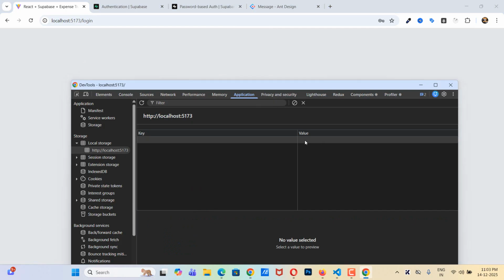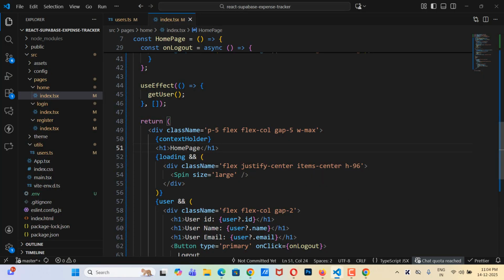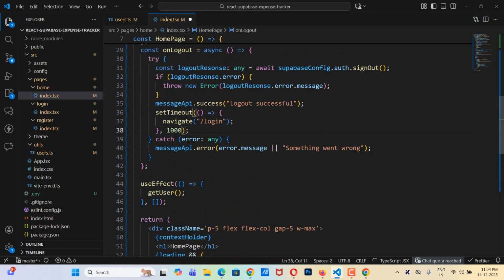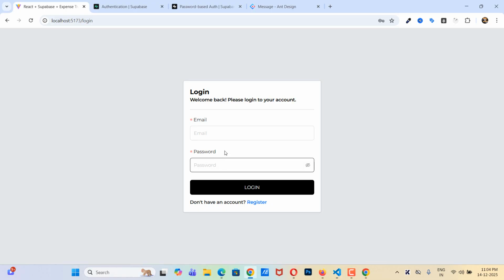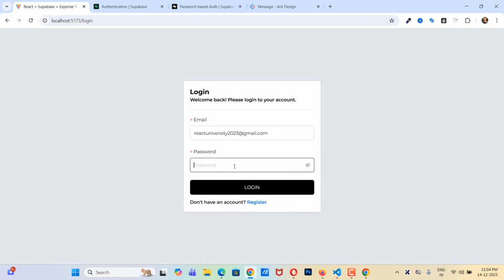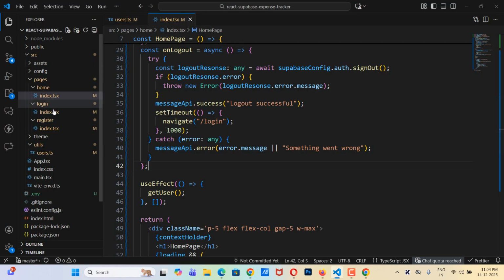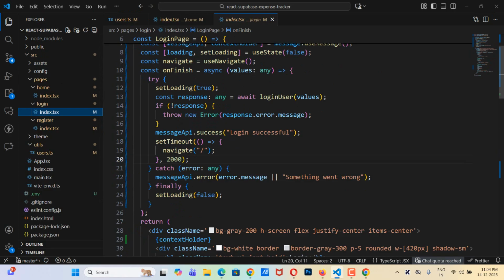successful. I think 2 seconds is too much. 1 second is more than enough, because okay, let me just try it. Let me just log in once again. After login also, I think 1 second is more than enough. Okay, login successful, and now it is redirecting, and if I log out, successful, and yes, that is fine actually. So even for login, I think 1 second is more than enough